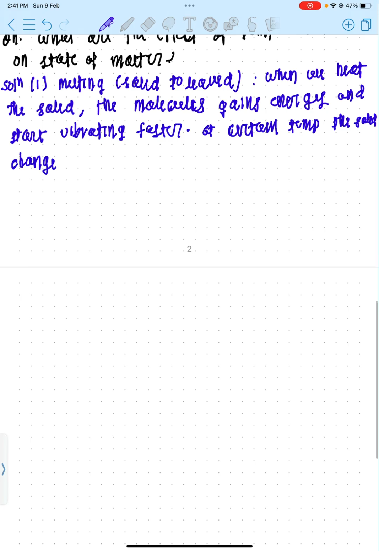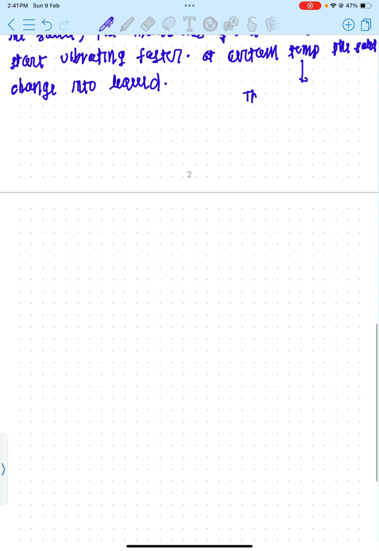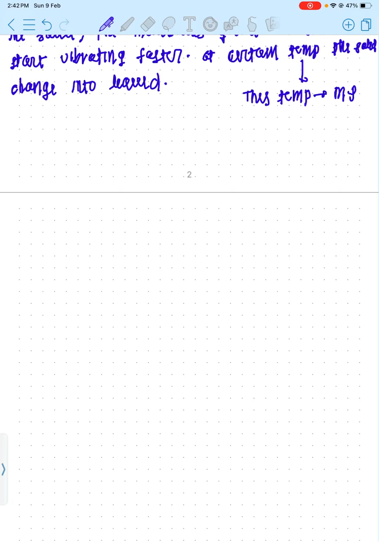Okay, remember one thing. This certain temperature is called the melting point. And whenever there is a change of state, the temperature remains constant. Remember this. Whenever they are changing the state, the temperature remains constant during the change of state. Now the second thing we are going to discuss is